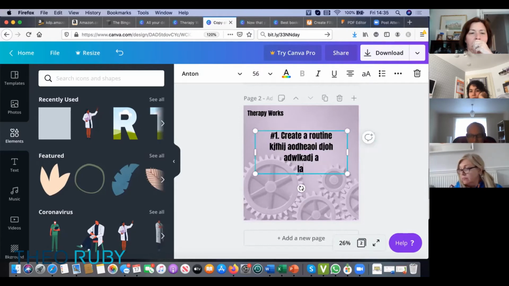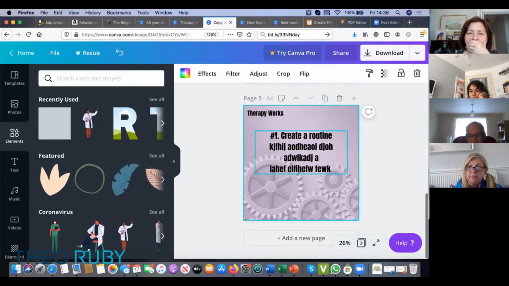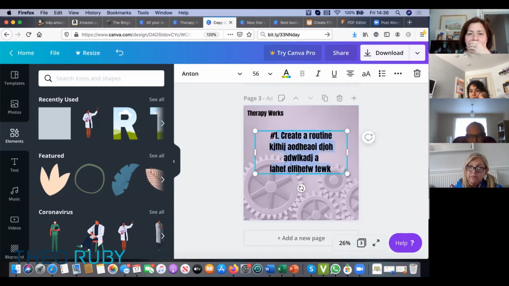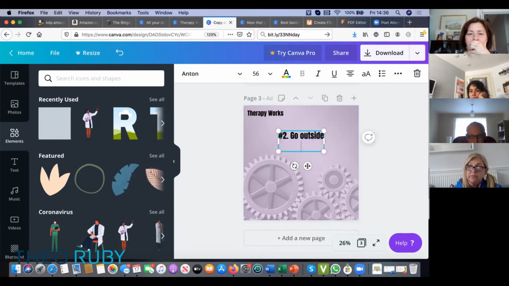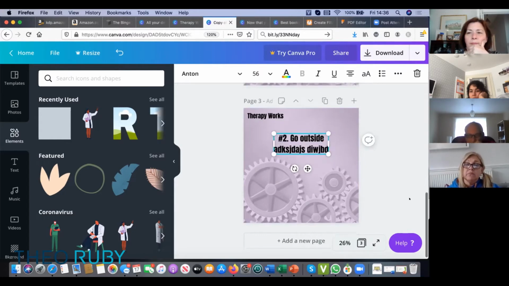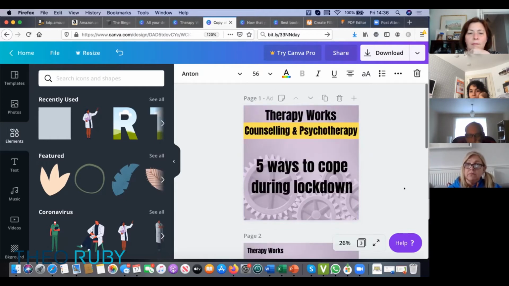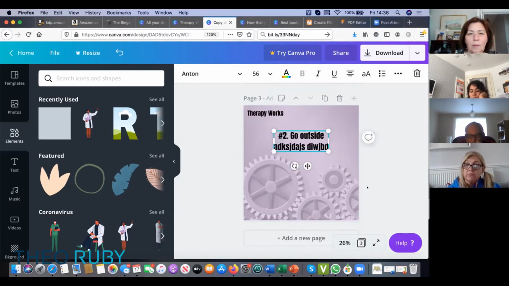And then you might fill up that page with some text. And then for the next one, now when you copy the page, it's copied the previous page. So all you would have to do is change that to number 2. And number 2 might be go outside if you've got a reasonable excuse, etc. You can have a maximum of 10 on a carousel on a social media post. So then when you've done all your posts, doesn't mean you have to do 10, but if you've done all